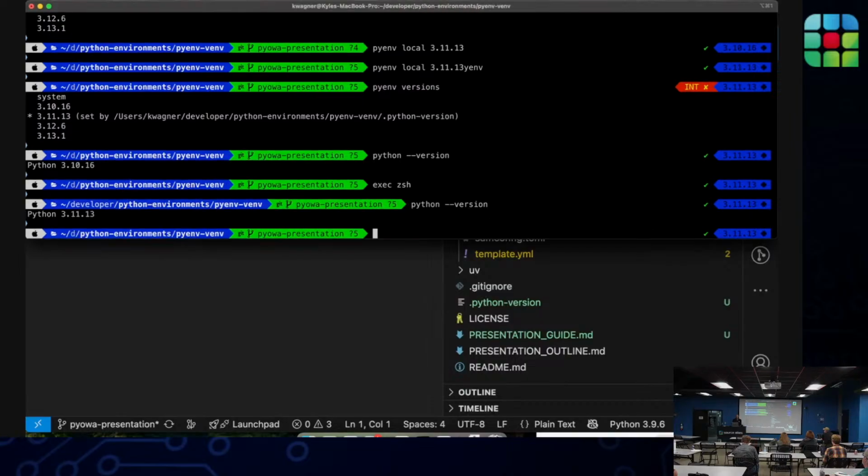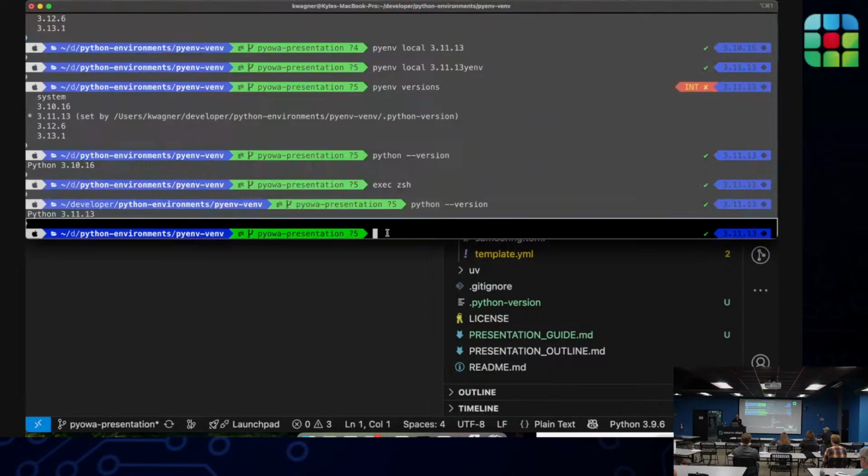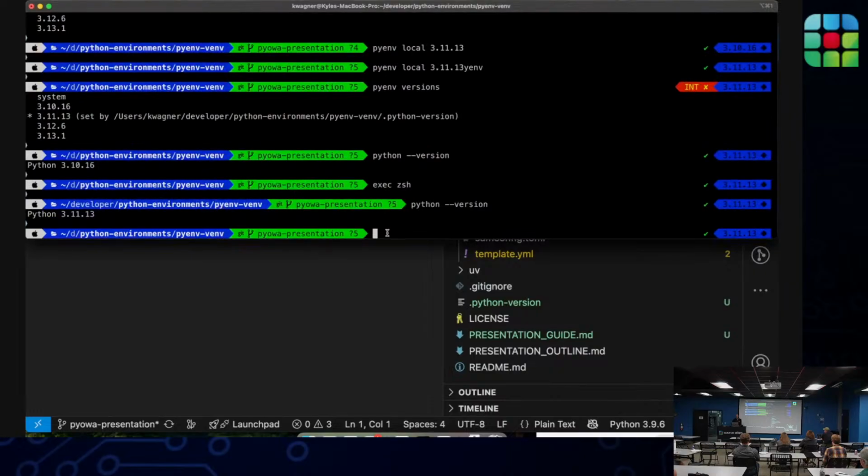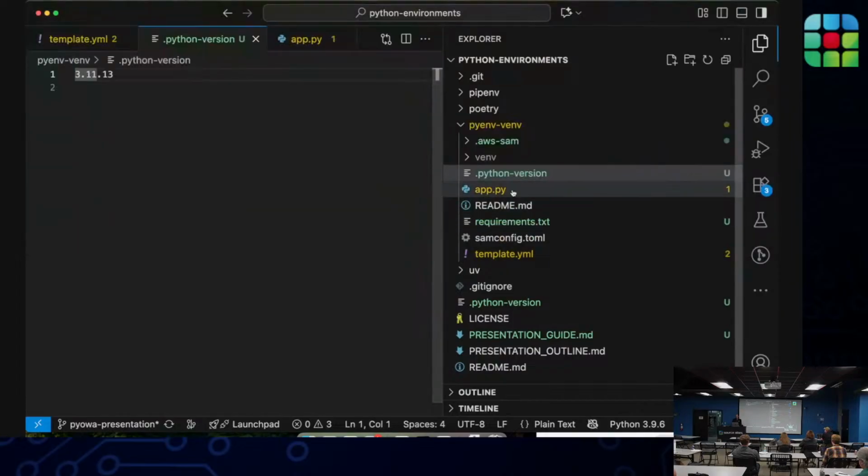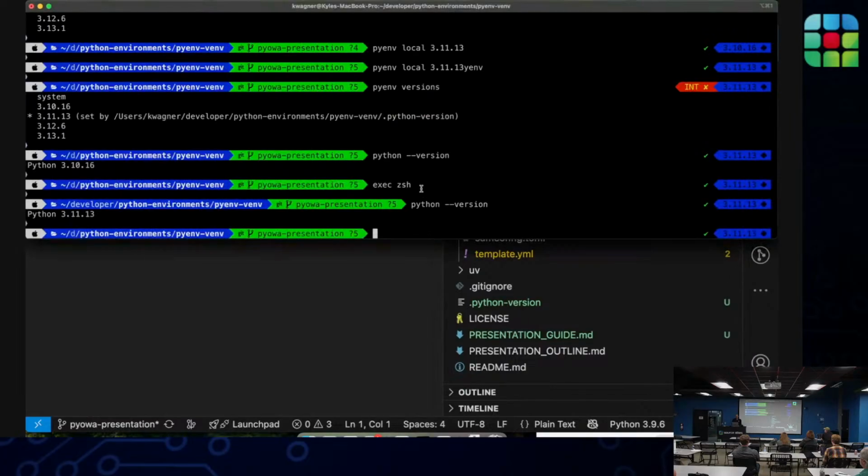Okay, it's on 3.11 now. Yeah, I think there's a command you can run to get it to reinitialize, but I don't remember what it was. So for now, I'm just going to not try to dig into that. We'll stay on point. Okay, so we're using Python 3.11 now. That's defined in our Python version file because we set it with pyenv local.